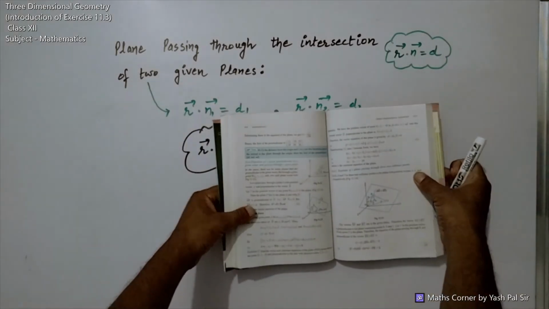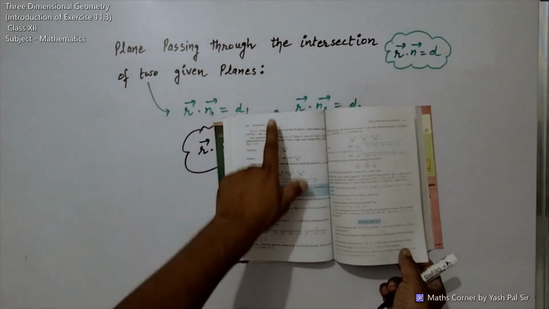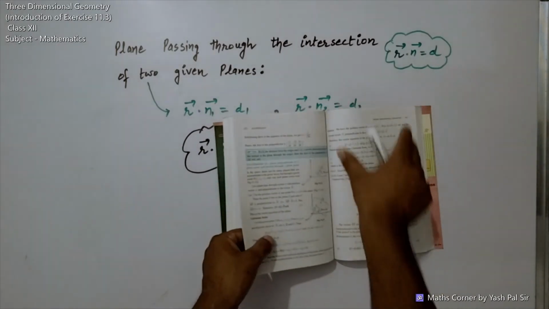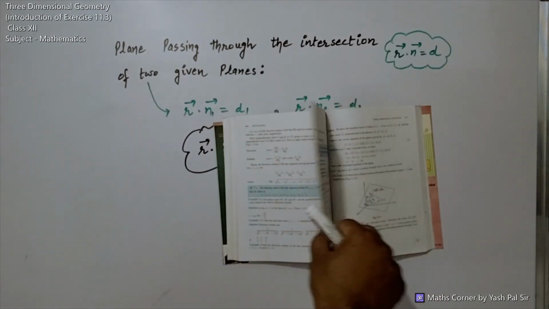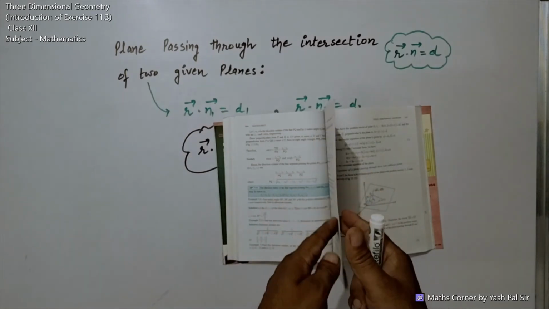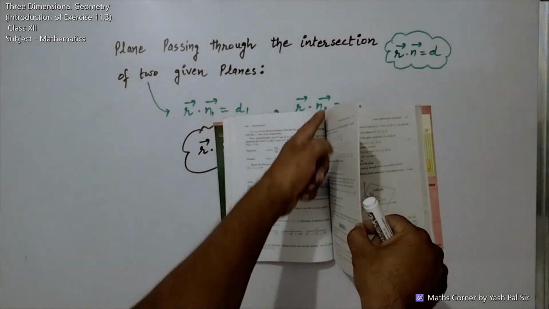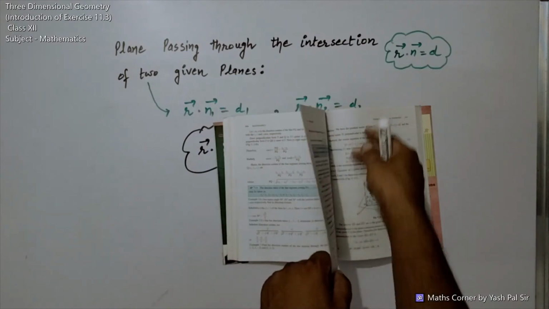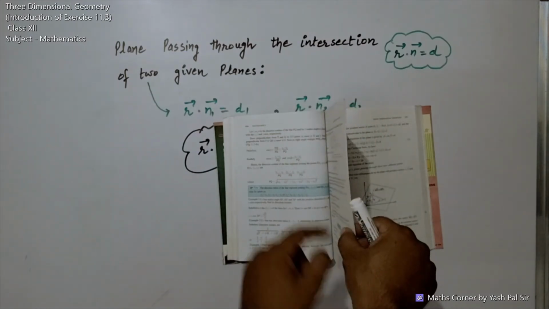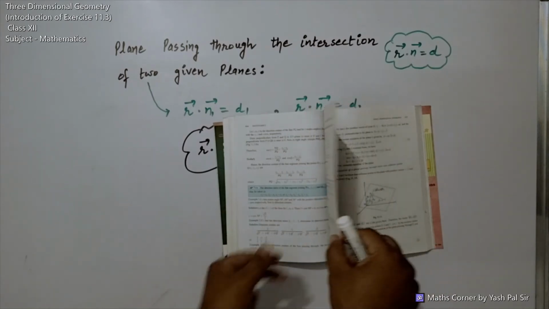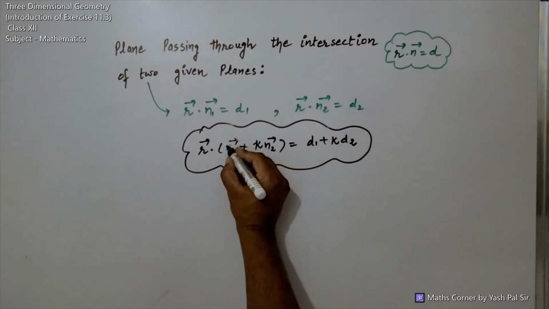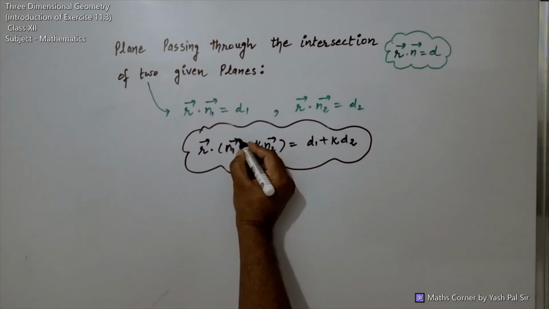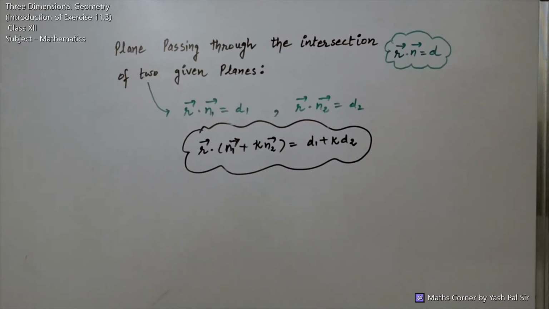How can we represent this geometrically? Suppose I have two planes. This is plane 1, the first page, and this is the second plane, and now this is the third plane. These pages, a bunch of pages, this is the third plane which passes through the same line from which the two given planes pass. So this is the third plane we are going to find. This is the equation of the third plane we are going to find. So this way we have the equation of this third plane, right?